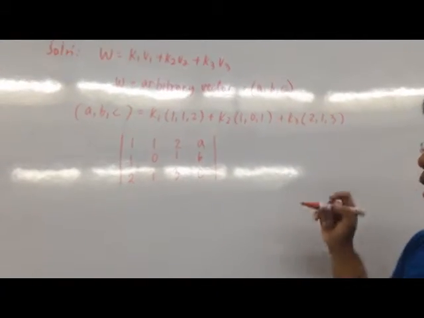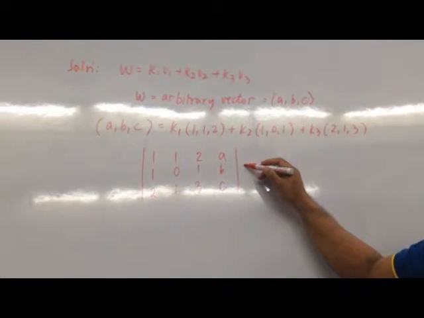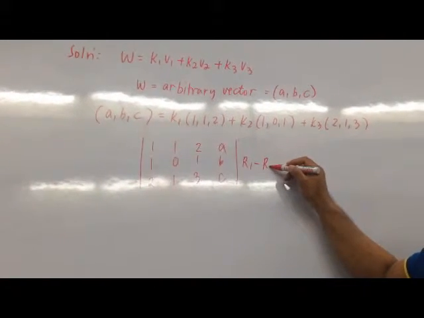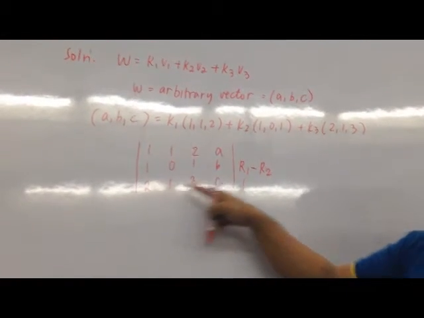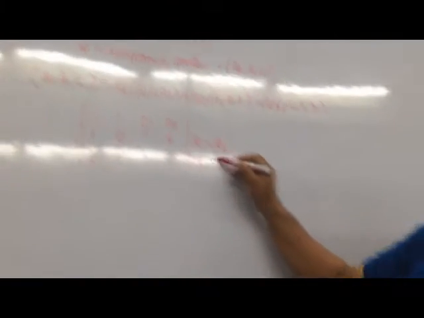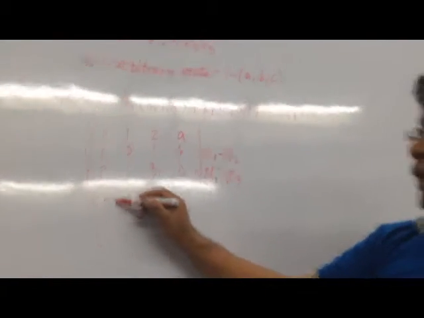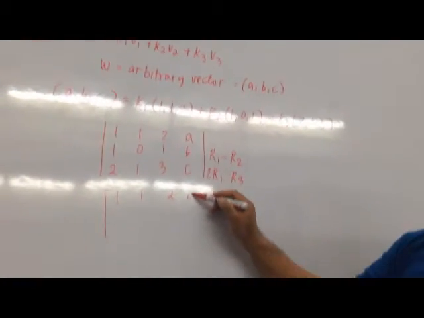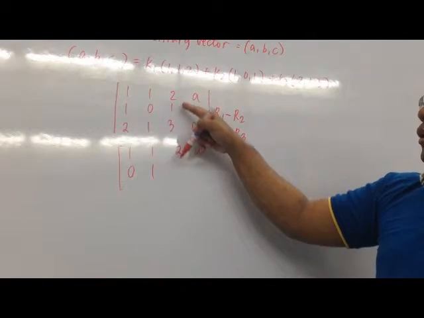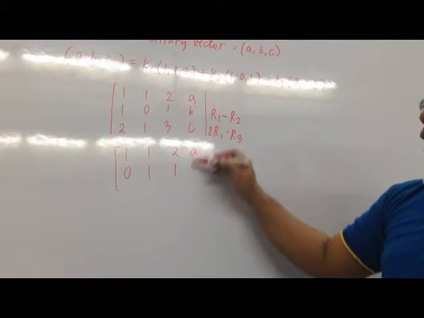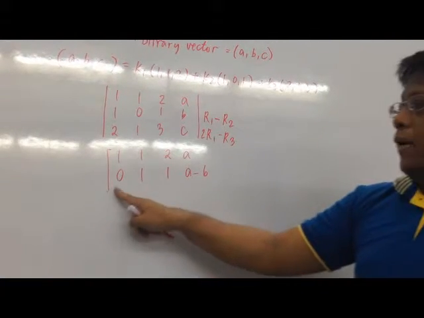Okay? Now, class, let us define K1, K2, and K3 using this matrix, class. So using now the RREF, or the reduced row echelon form. So what is our first operation here, class? It will be R1 minus R2. Then what about this element to become 0, class? It will be 2R1 minus R3. Okay? So what is now the resulting matrix, class? 1, 1, 2, A. Then we have 1 minus 1, 0. 1 minus 0 is 1. 2 minus 1 is 1, then this is now A minus B. Take note, class, that A, B, C are any real numbers, okay?